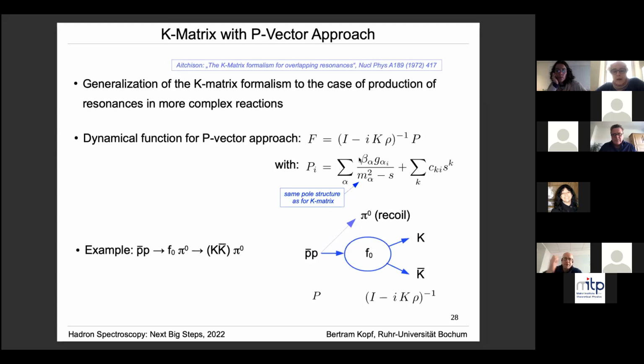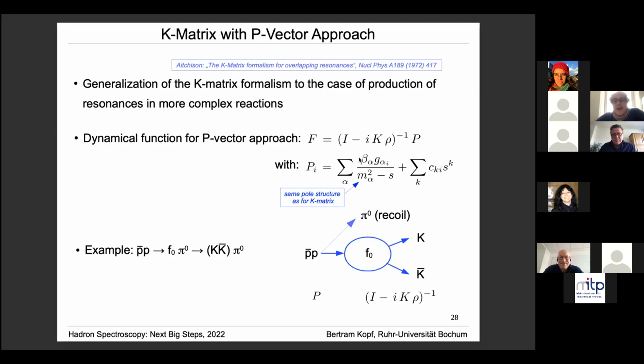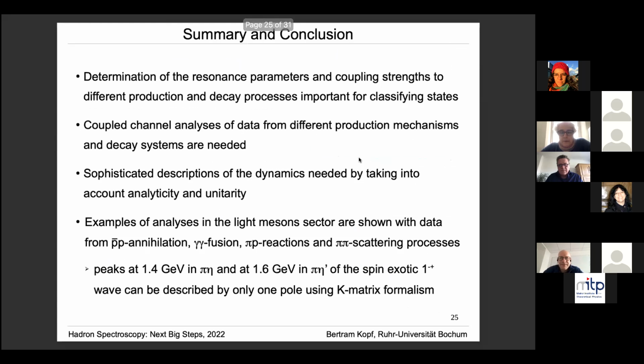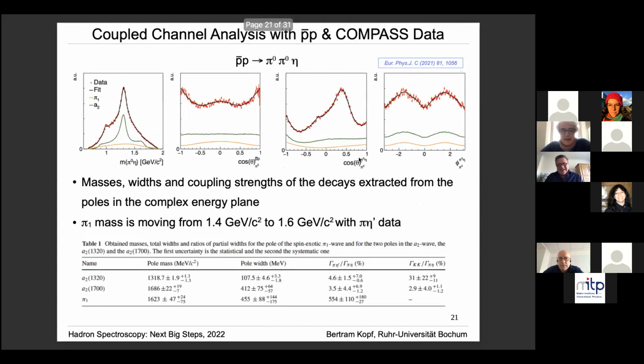Okay, Claudia, now. Yes, thank you. I have two probably stupid questions. The first one is, do you really have event-based likelihood, so you need to sum on all events? You do not have a bin. Yes. It depends. For a high luminosity experiment, it could be a problem. I believe. Is it in the plans?